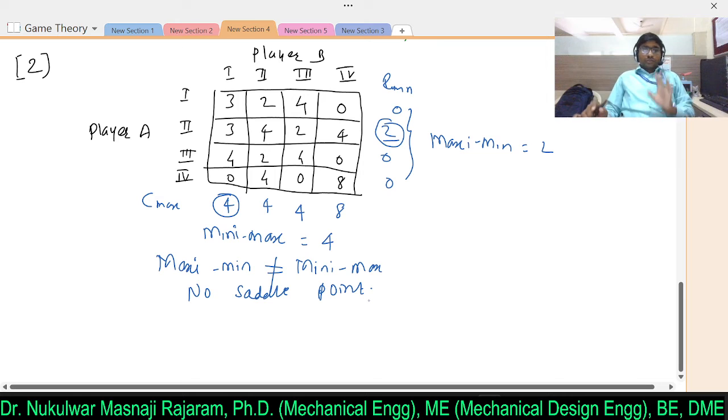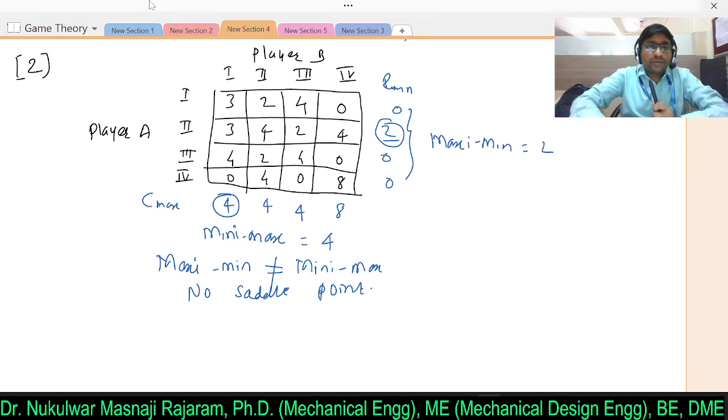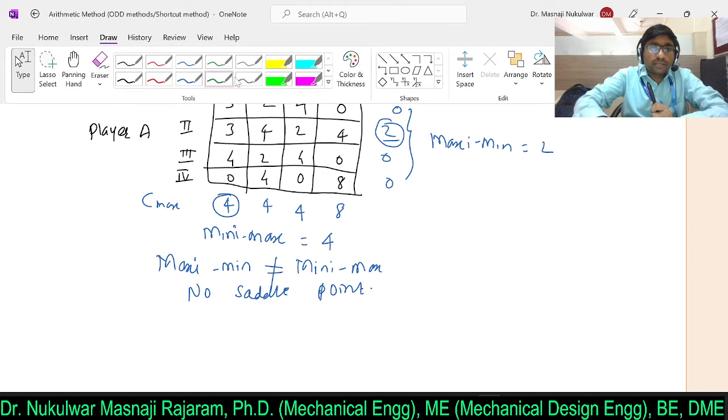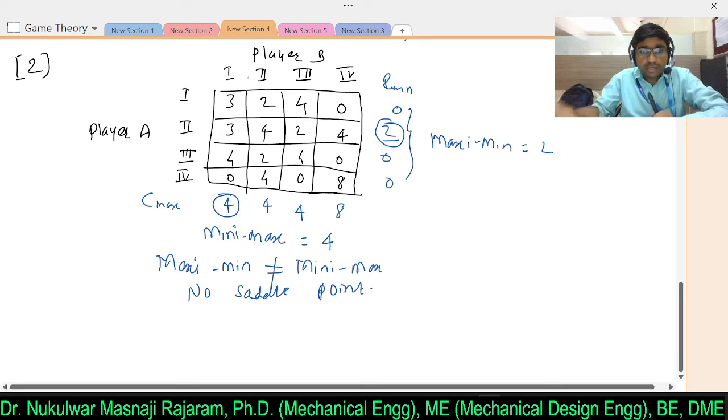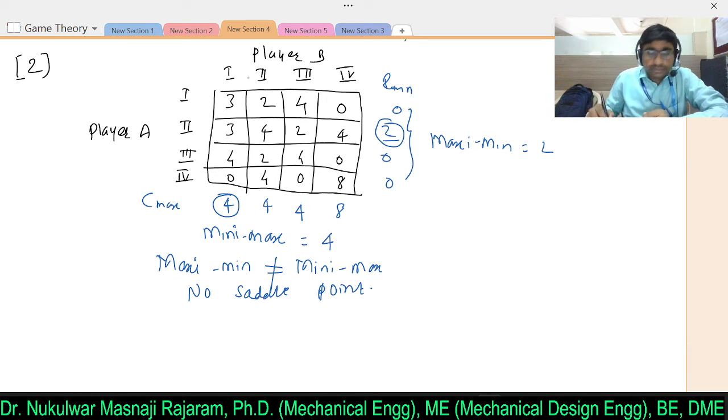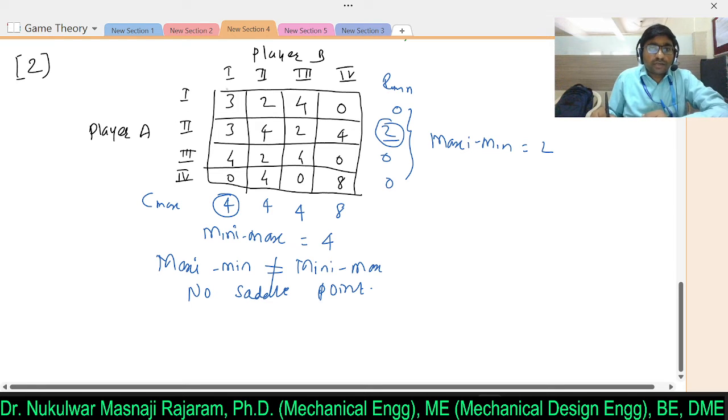Clear? So if there is no saddle point, then we can get the answer by the principle of dominance, or we can say by the arithmetic method. Now we will check which one is greater or which one is lesser, either for player A or player B. If we want to delete a row, we delete the minimum; if we want to delete a column, we delete the maximum. Why? I have explained this in the previous video. So here we will check row 1 and 2, compare